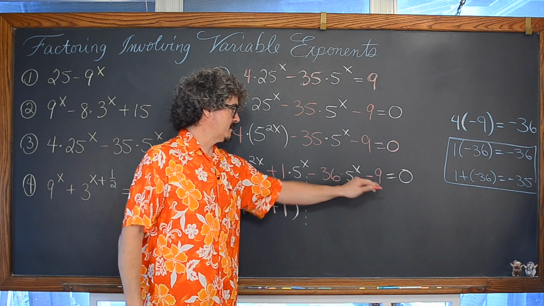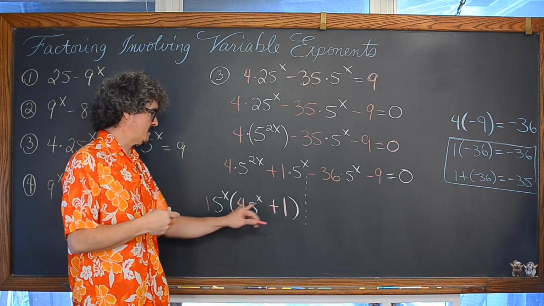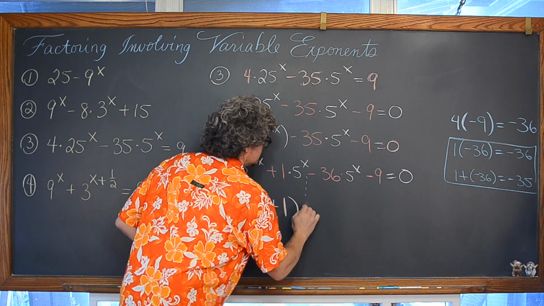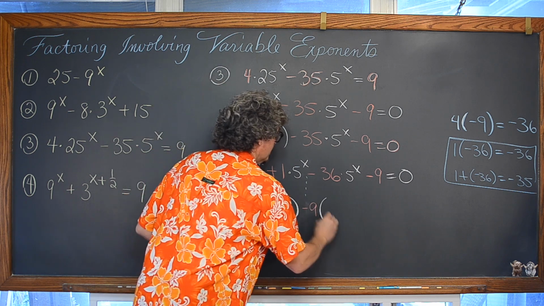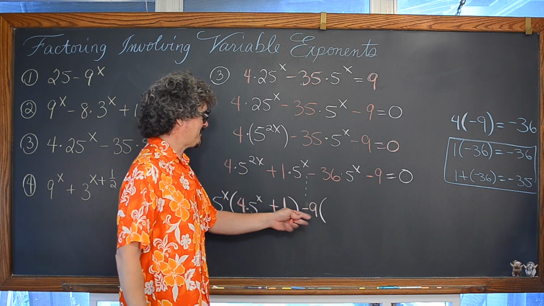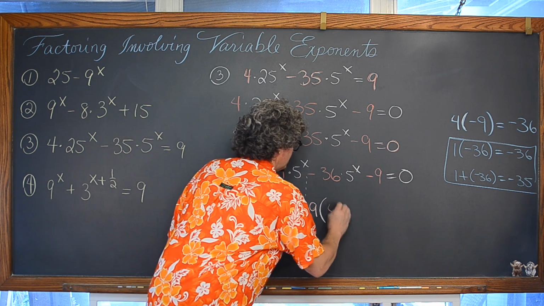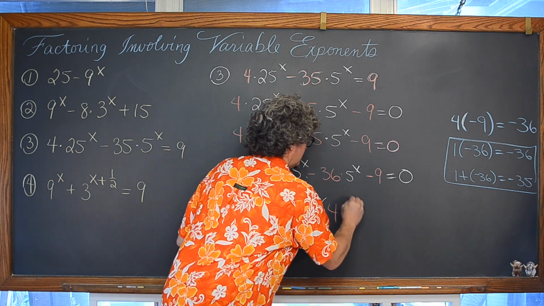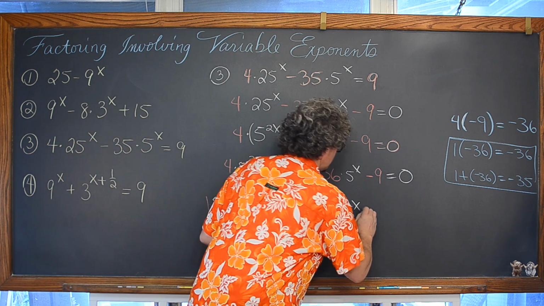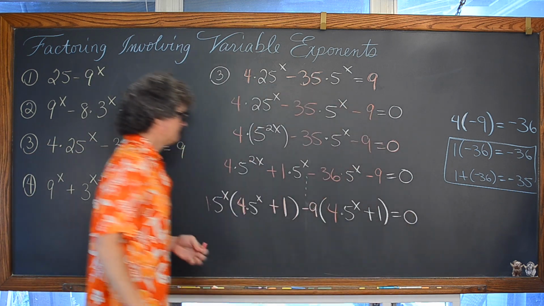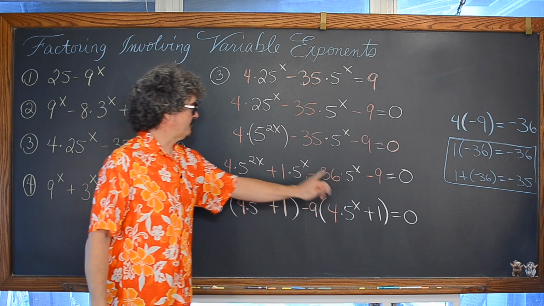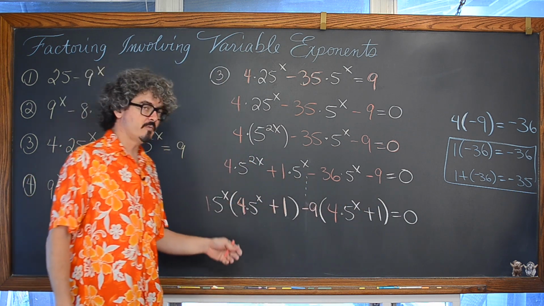Now, what common factor can we take out of the last two terms? Well, we have a negative 36 and a negative 9. We really want those coefficients of positive 4 and positive 1 to show up again. So let's factor out a negative 9. And get, I want to make everything red. Negative 36 divided by negative 9 is positive 4 times 5 to the x power. Negative 9 divided by negative 9 is going to be a positive 1. And now we went from 3 terms up to basically 4 terms. And now that we factored out by grouping, we now have 2 terms.